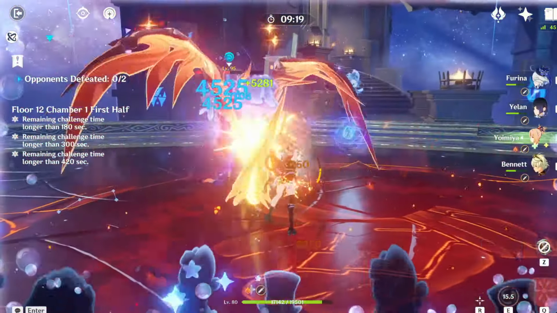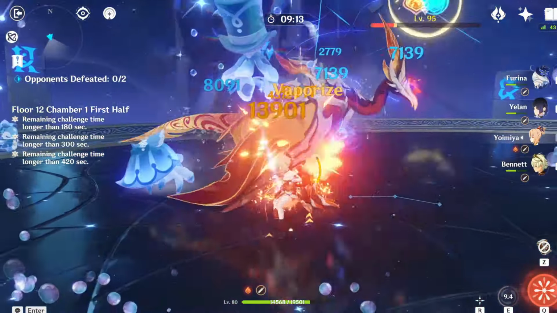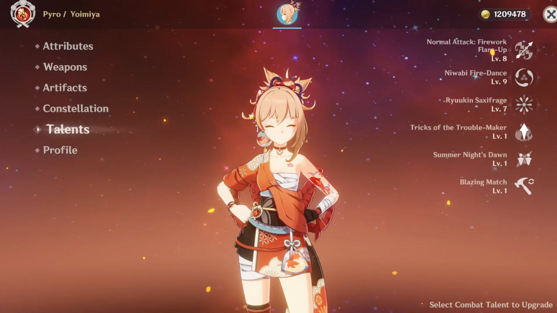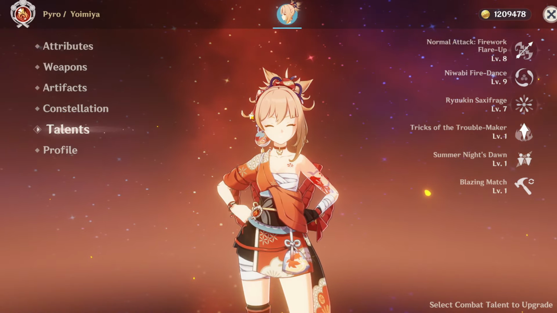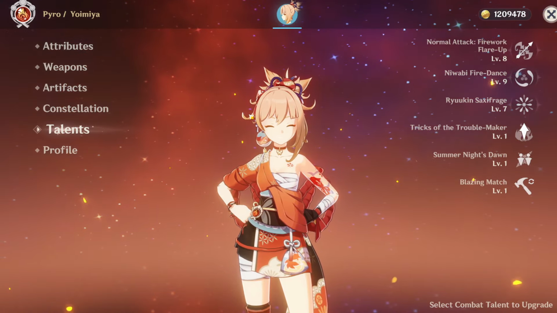Talents, you're really going to want to focus on her normal attack, and you're also going to want to focus on her elemental skill. I'd say level them up equally. They're both equally as important to each other, so you're not going to want to pass up one over the other. And her elemental burst is nice. It just provides a little bit of extra passive damage when you do hit an opponent with it, but it's not necessarily necessary, and sometimes it can actually screw up